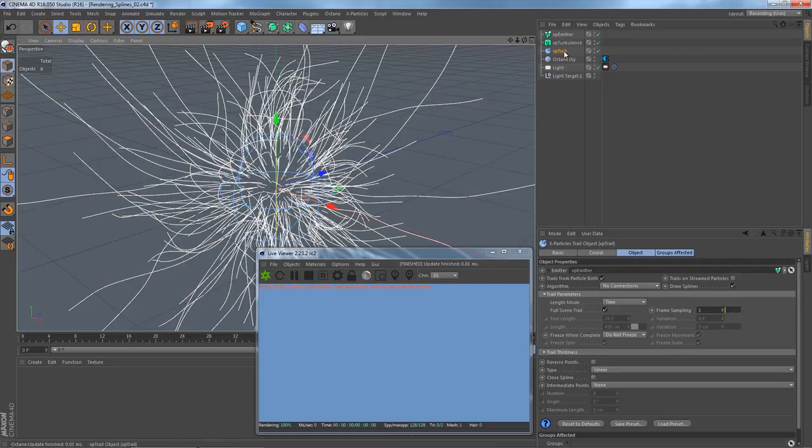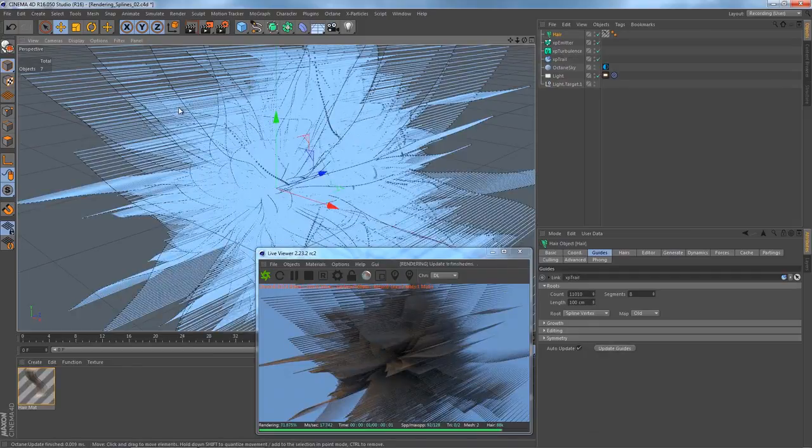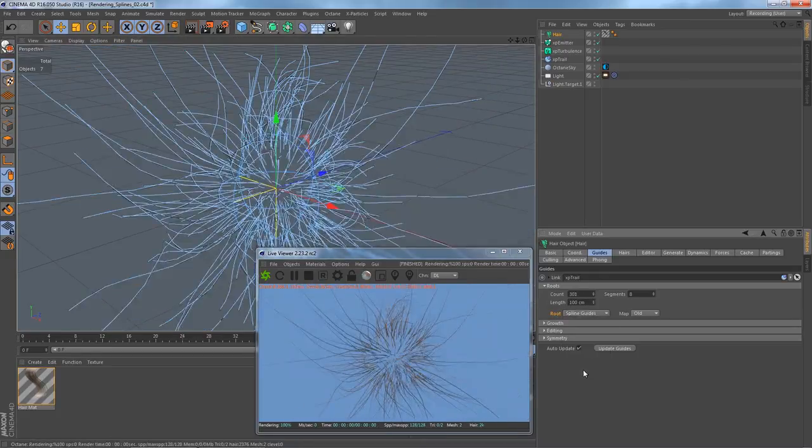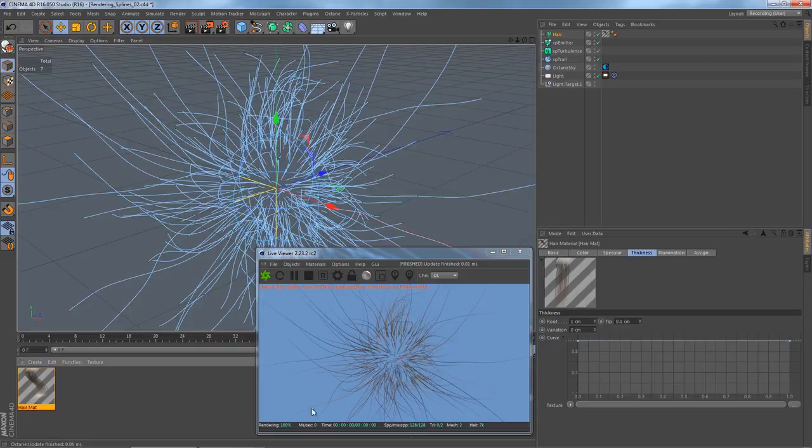With the XP trail object selected, go under Simulate, Hair Object, Add Hair. Check the Guides tab of the hair object and change the root from Spline Vertex to Spline Guides. Let's increase the segments to 24, and there we go. To change the thickness of hair, select the hair material,